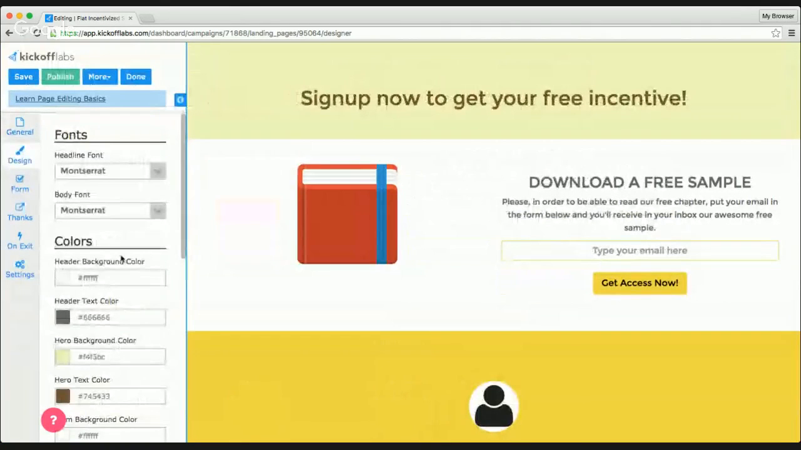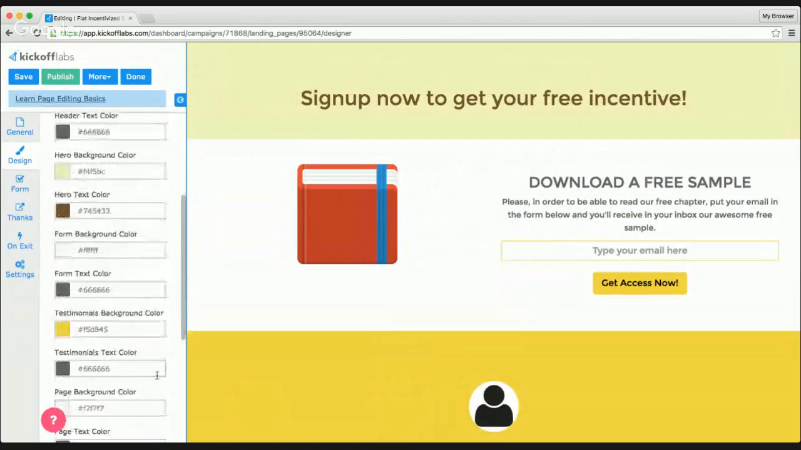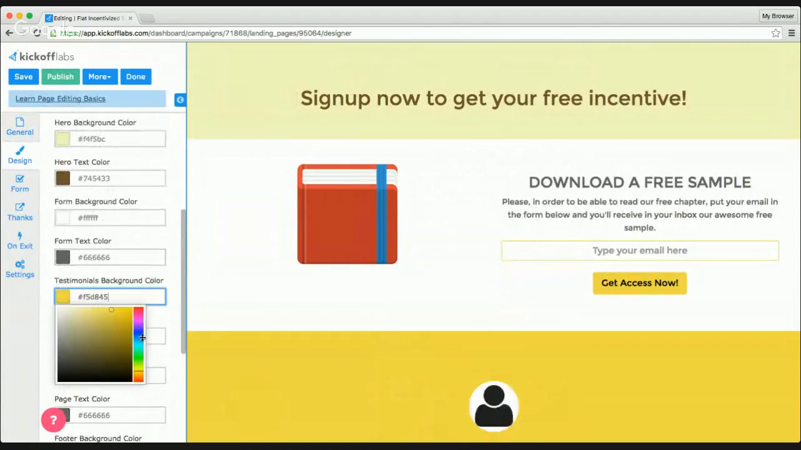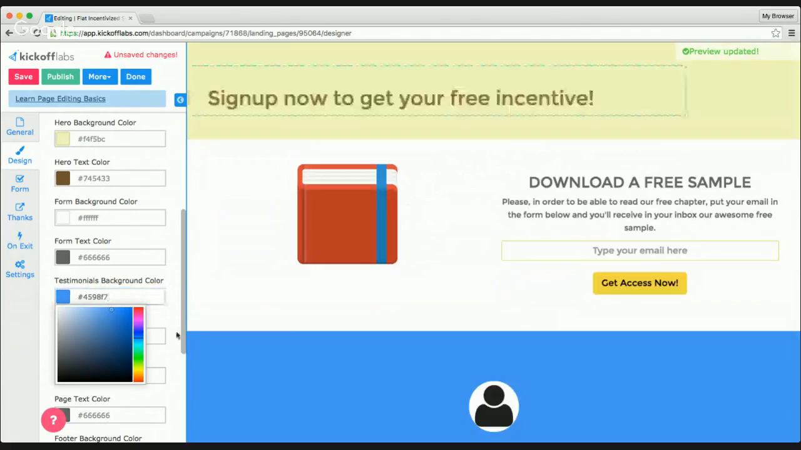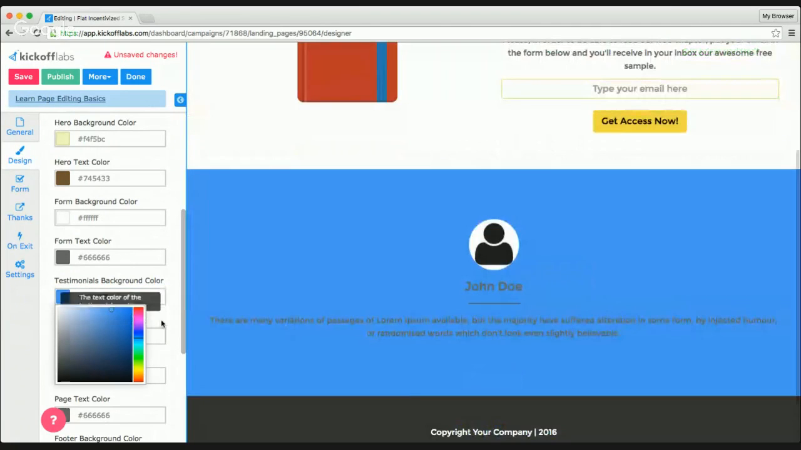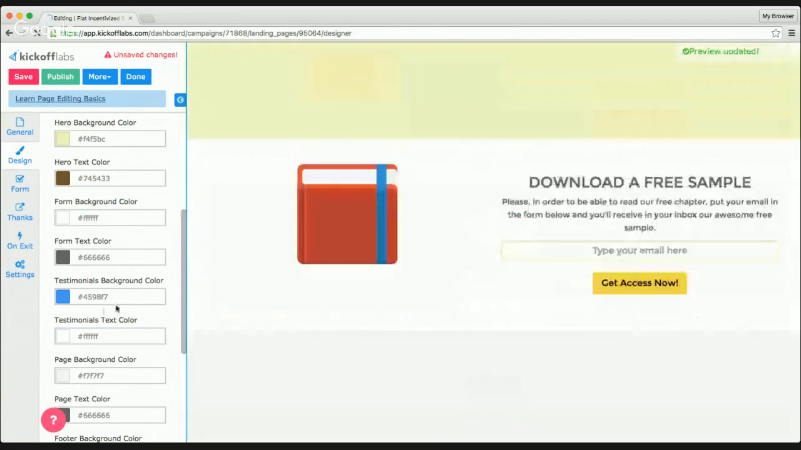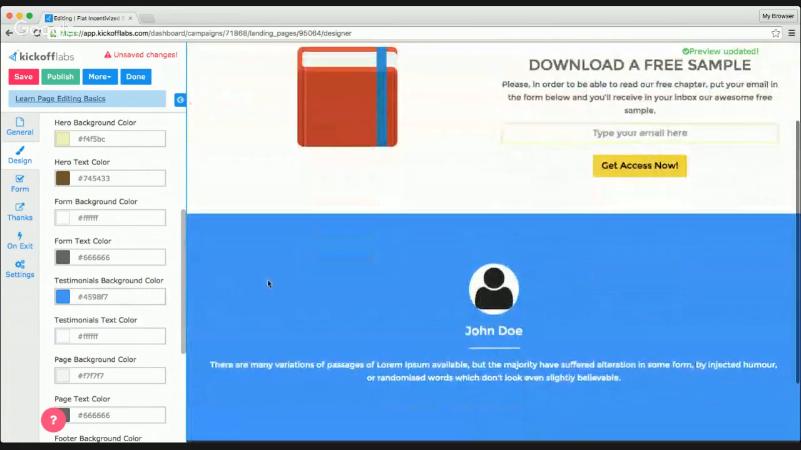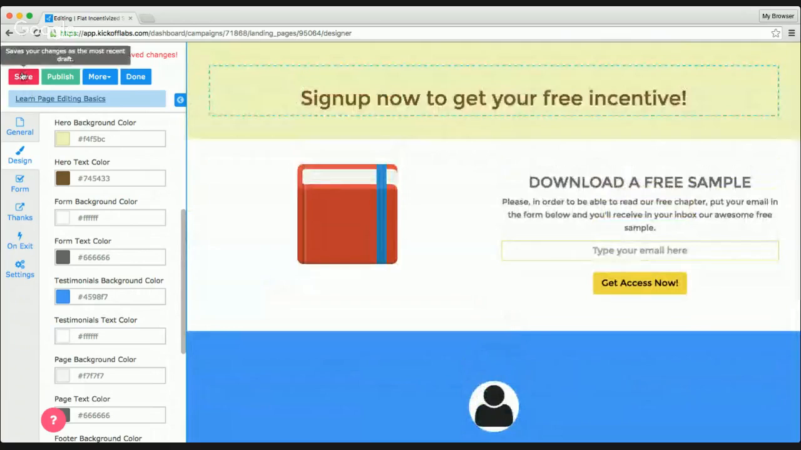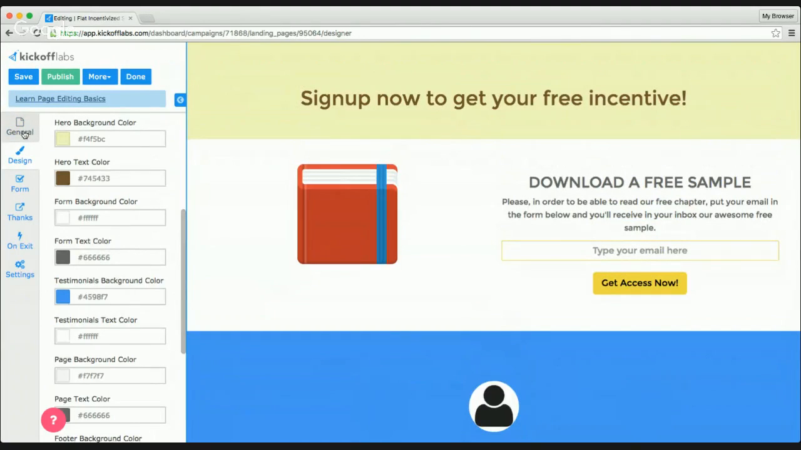Let's say I'm not crazy about those colors. Let's make that a nice little bluish. Okay, blue testimonials, that's fine. And I need the text a little bit white. So basically, you can just see how quick and easy I can make these changes. I'm not going to spend too much time customizing this actual page, but just so you get a rough